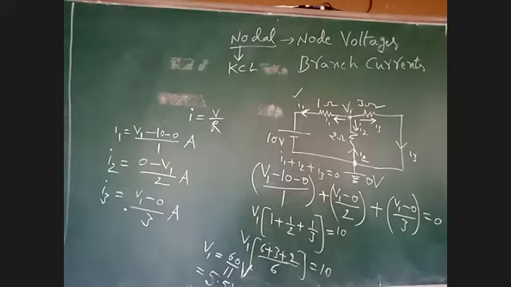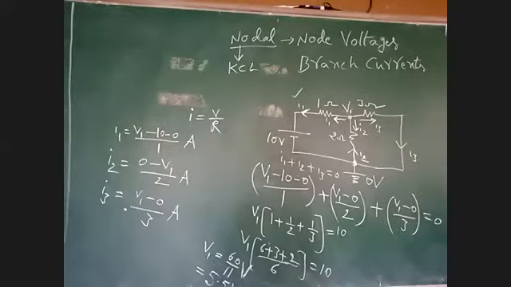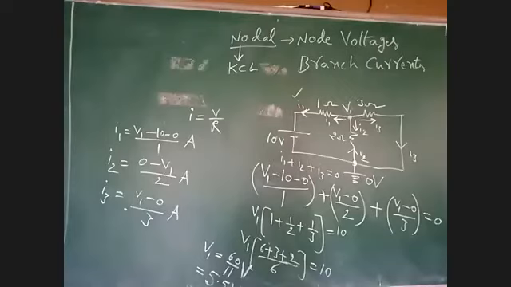We have determined node voltage and branch currents. Any doubt? Sir, we are getting a negative current. It seems our assumption was in the opposite direction of the actual current. No. Sometimes we will get a negative current also. If they give the directions of I1, I2, I3 in the problem, even though we get negative values, no problem. It is not our assumption. You will get negative values also.